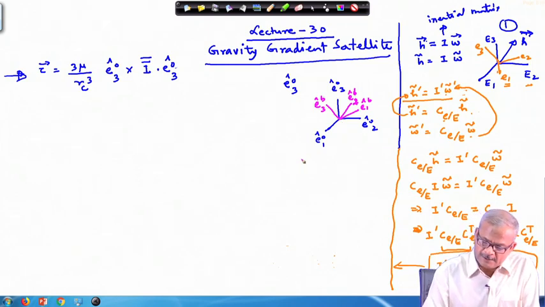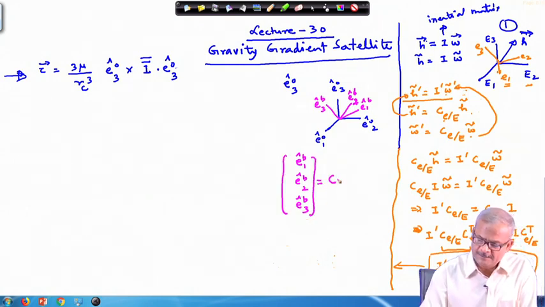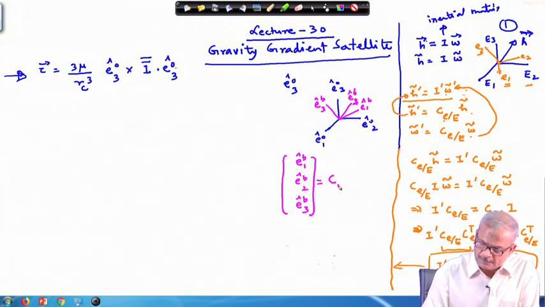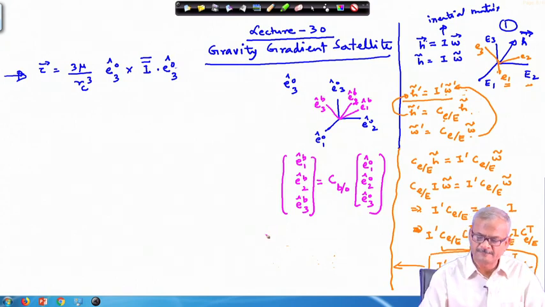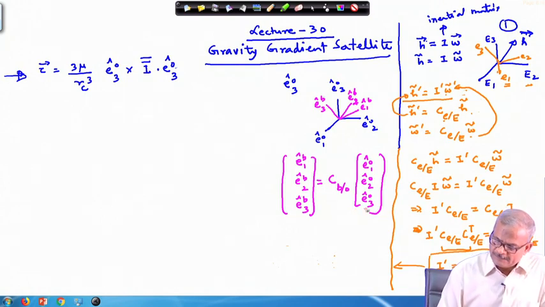And you know that this conversion, B3, is related to this C matrix, which goes from the orbital frame to the body frame, and on this side we have EO cap 1. So, this is the way this gets converted. Now, we utilize this information to convert this from one frame to another frame.